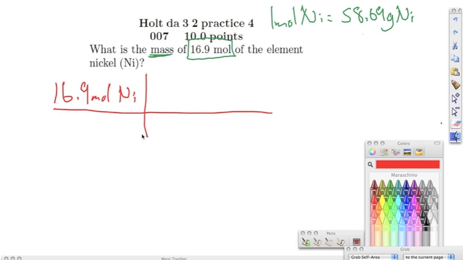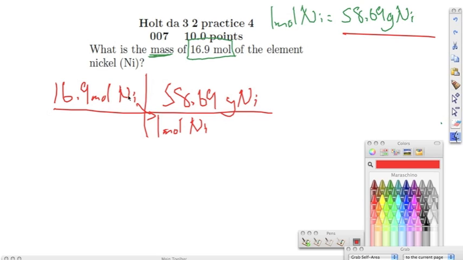Now we know we're going to end up multiplying, and we look here at the moles right there, so we're going to put that on the bottom, 1 mole of nickel. That matches up, mole matches up. Okay, so all we do is put the rest on top, the 58.69 grams of nickel. And these units will cancel out, and all we do is multiply our 16.9 times